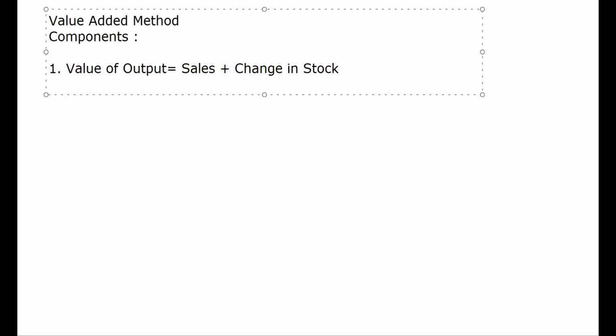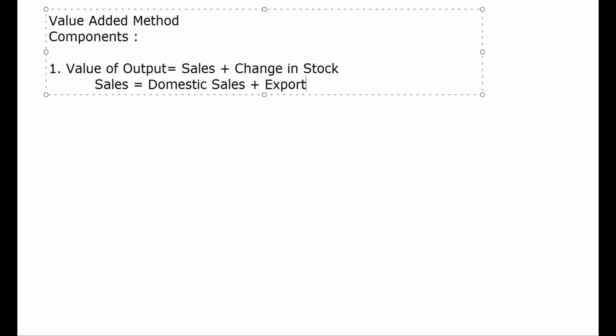But if the value of sales has not been given, we'll have to estimate it first. So how do we calculate sales? To find out sales, we add domestic sales plus export.